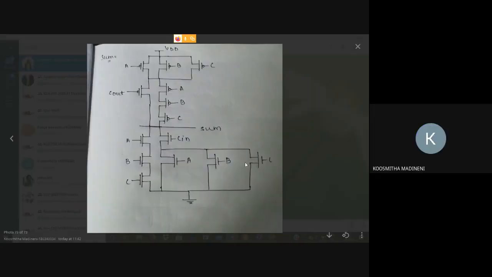Sir, I sent. See, this is Cout bar. Yes, sir. That is Cout bar. This is also Cout bar.